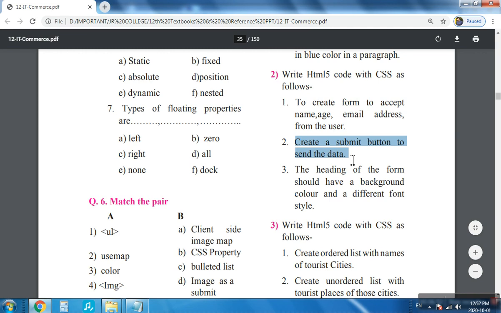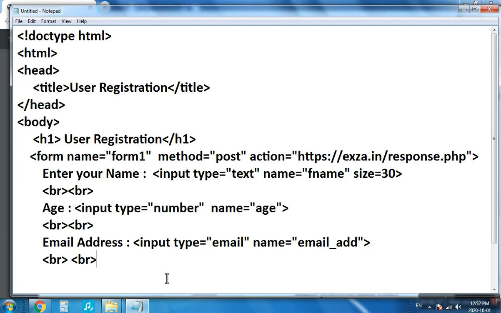Here in the question a reset button is not mentioned, so we'll not add the reset button, which is used for resetting the form. We'll use the submit button type directly, that is input type equal to submit, and we'll provide a value, that is a display value for the button. So we'll put SUBMIT in caps lock. Okay, so your form is ready, correct?